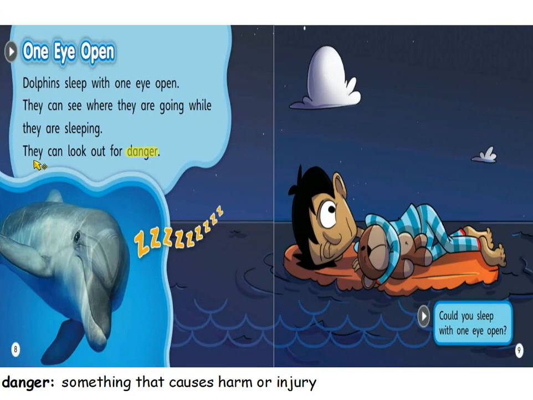In the sentence, they can look out for danger, the word danger means something that could harm or injure the dolphins. Our dolphins would sleep with one eye open so they could watch out for predators or other sea animals that